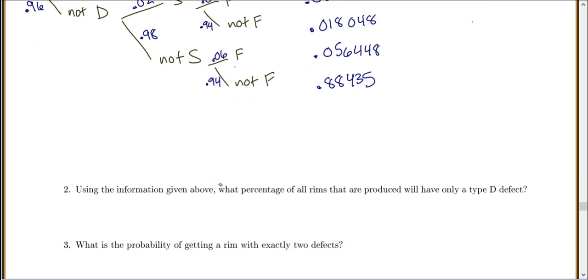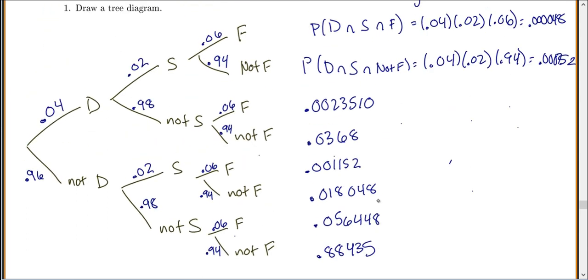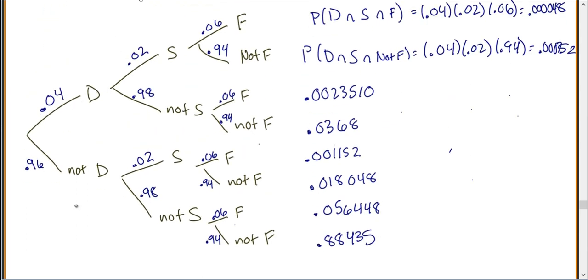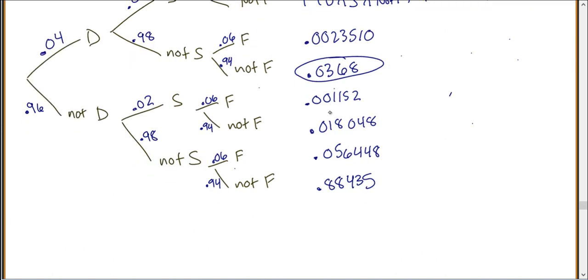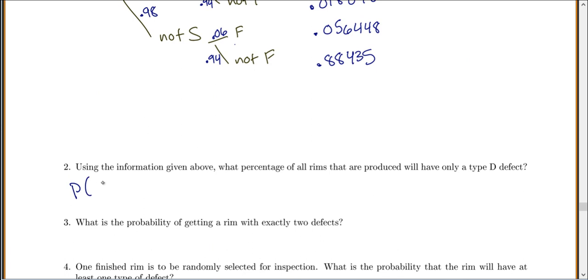Okay. Using the information given above, what percentage of all rims that are produced will have only a type D defect? Okay. So come back up. We only want a D defect. So which branches can you go along that will have just a D? Well, we can't have an S or an F, so we want to go to not S and not F. If we went to not D, that doesn't have a type D defect, so we don't want to come down here at all. So the only branch that has just the D is D and not S and not F, which would be this one right here. So we were looking for the probability of D and not S and not F, which was